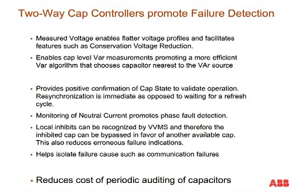Neutral current is a way to put a neutral current sensor on a capacitor, and that neutral current will help us detect if any individual phase has failed. For one phase failure, we'll see the neutral current rise significantly anytime we close in the bank, and then we will typically trip that bank out of circuit when you have a single phase failure. But we'll log that as an event, log that for you to report, so you can go back and look at all your caps that have single phase failures and go after those in your